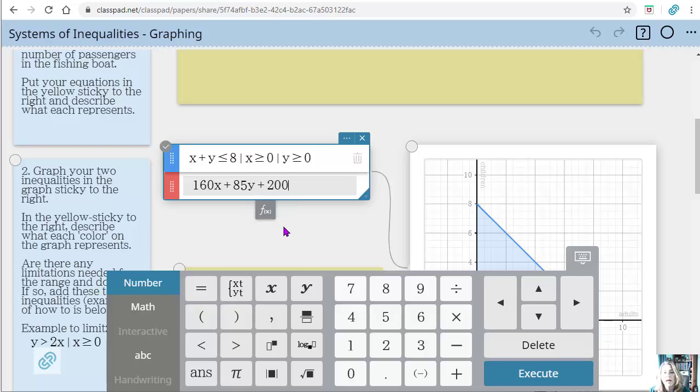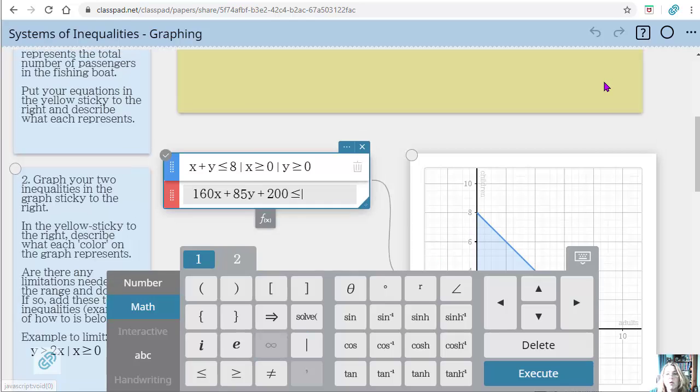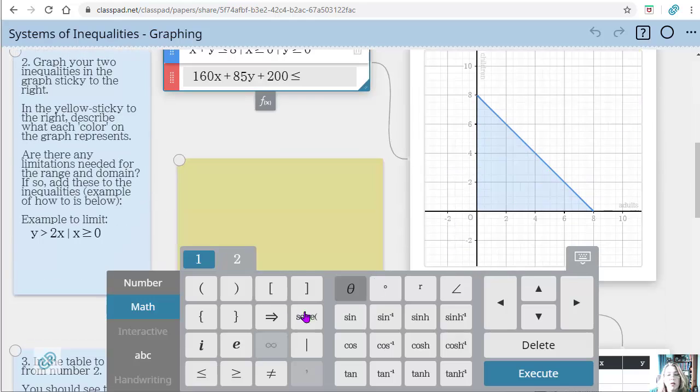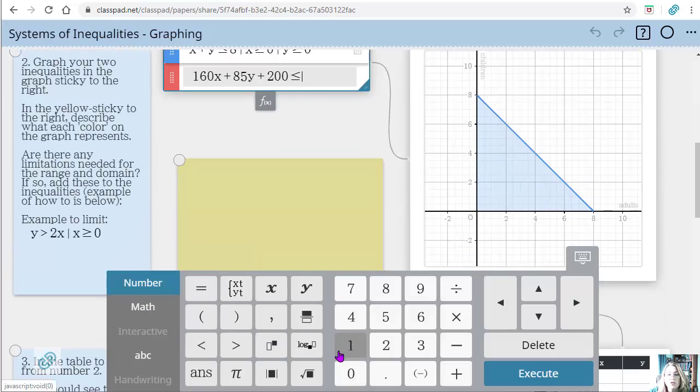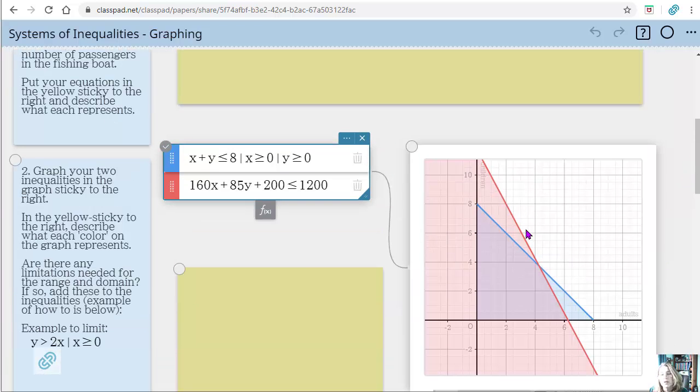So all of that can't weigh more than, so it has to be less than or equal to, and what was it? 1,200 pounds. So that would be our other constraint. So basically you're trying to help them figure out, how do I graph these situations? And again, notice, here's all my possible interesting things. What am I really interested in? I'm interested in just this feasible region.